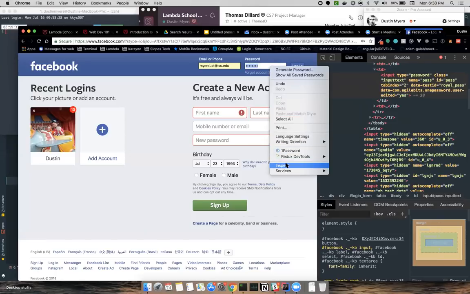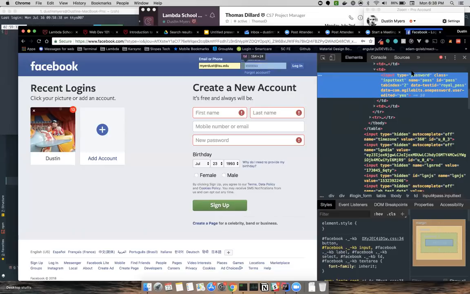right-click, inspect, find where it says type, and instead of password, let's give this the type text. Now, when I hit enter, it's actually going to reveal the text that I typed into there. Password. So if you have someone that you want to find their password on Facebook, there's the simple way to do it. Okay, hopefully I don't get in trouble for teaching you that.